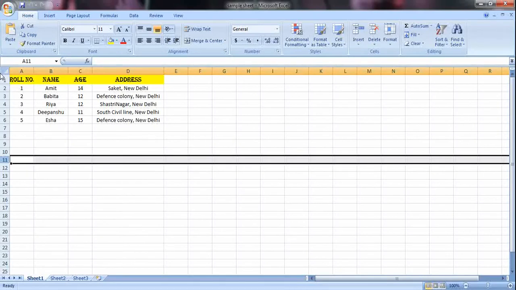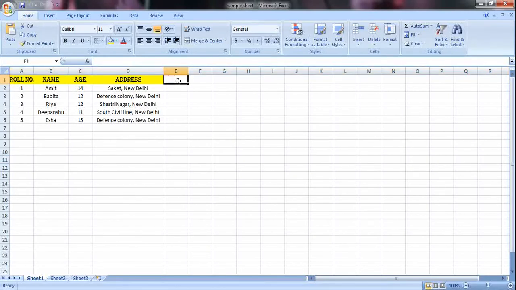Now children, let us learn how do we apply mathematical formulas and different functions on your sheet. Before that, what I'll do is I'll enter the marks of these 5 students in any 3 subjects. So I have to write a heading called marks. So I'll be entering the marks only for 3 subjects.